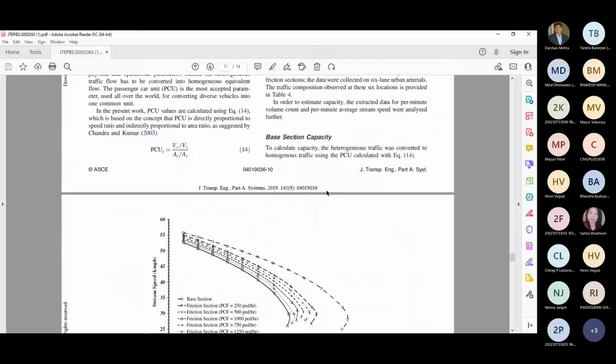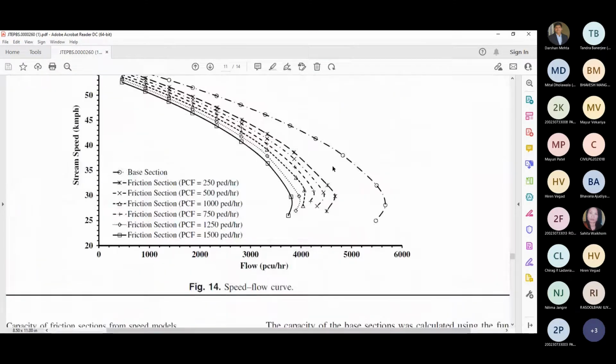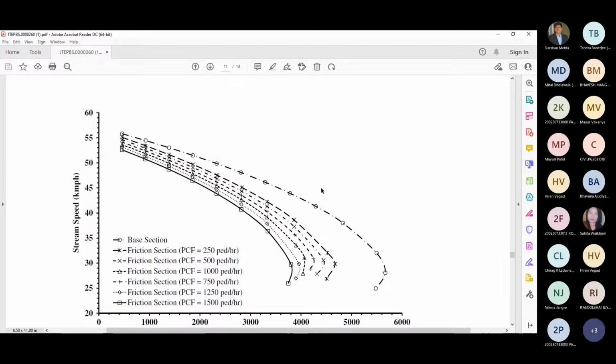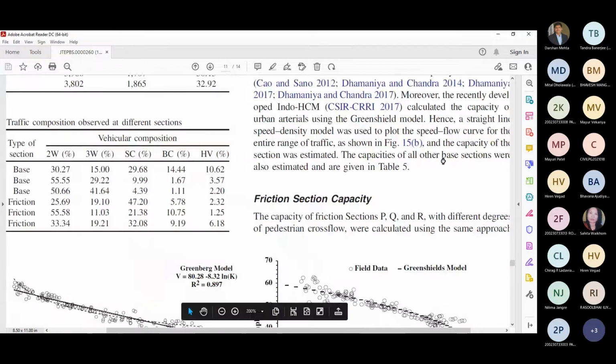So when you write your research paper, you have carried out very good data analysis. At the same time, good presentation is also required.